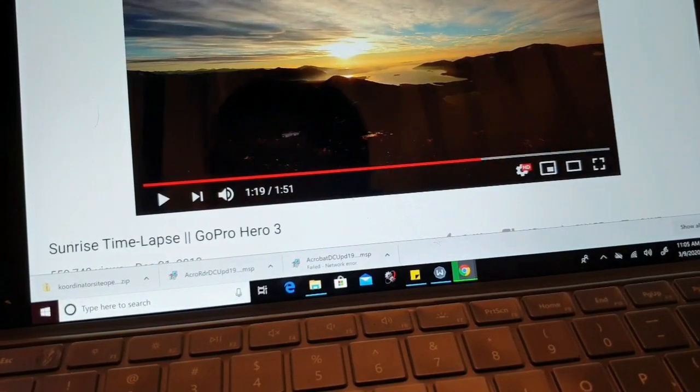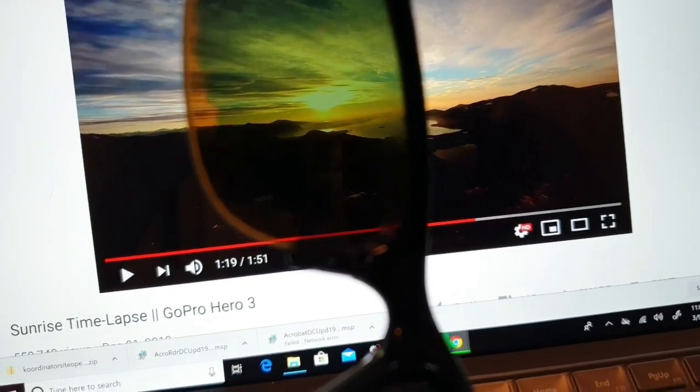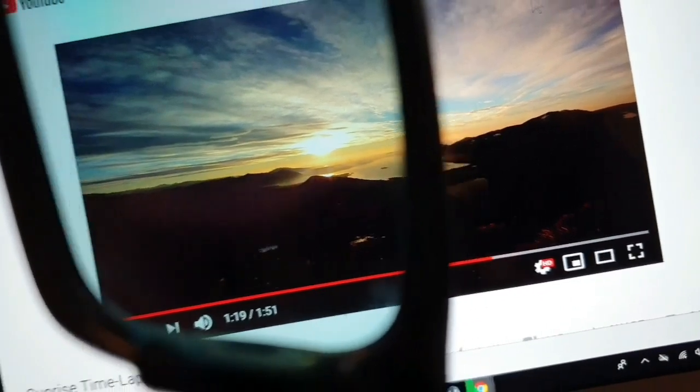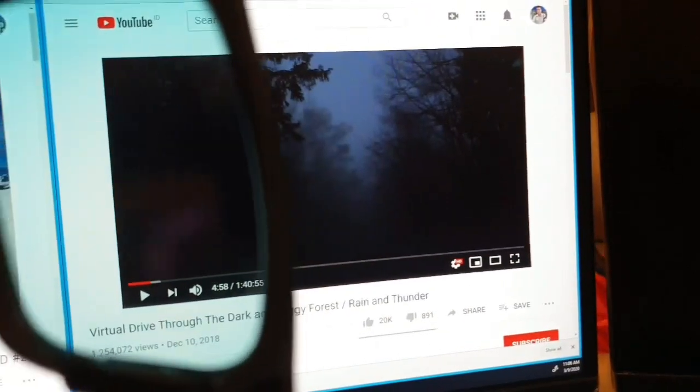Alright, so let's compare it to this one. This one is pretty good. In fact, this one might be one of the best for blocking it, you know. And if you use the polarized, like this version, the Scalpel version, it will look even brighter. So you don't want to use polarized lenses for driving, you know. You want to use polarized for maybe reading, and you can also use it in the dark. As you can see, it's still pretty clear in the dark, compared to if you use